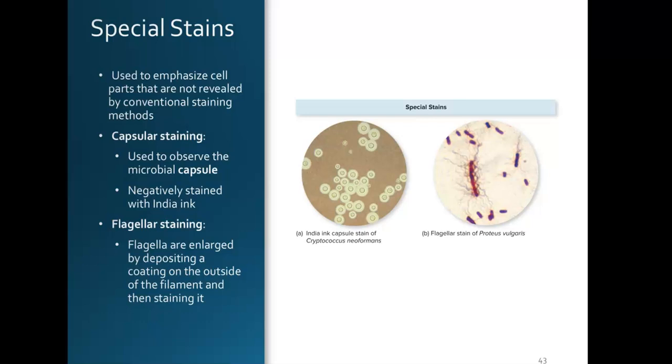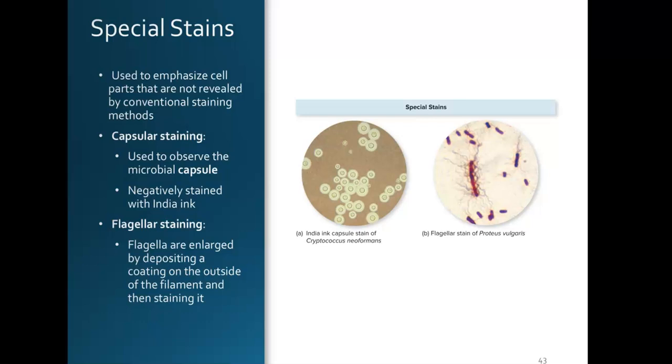Capsular staining is more difficult than other staining procedures because the capsule tends to be water soluble, so it's easy to dislodge or remove because of the vigorous washing that happens during the staining procedure. So typically you're using India ink or nigrosin to do a negative staining procedure, where you stain the background so that you can see the capsule, and then potentially using a simple stain to stain the cell